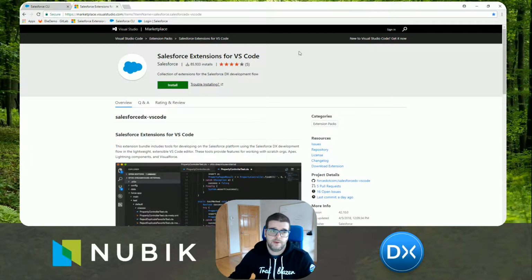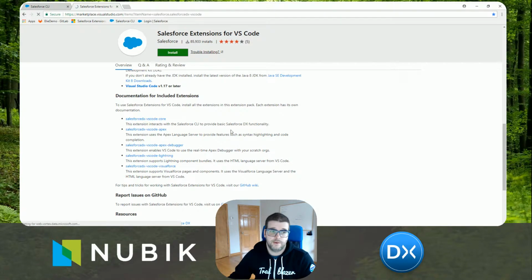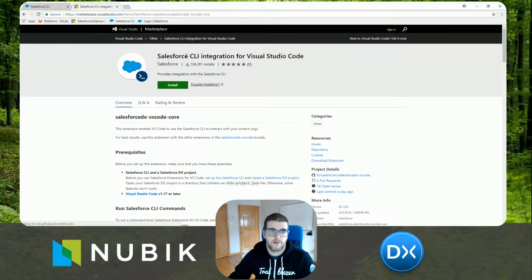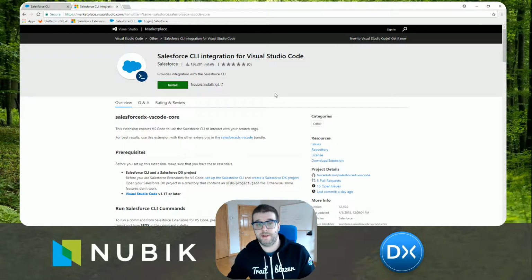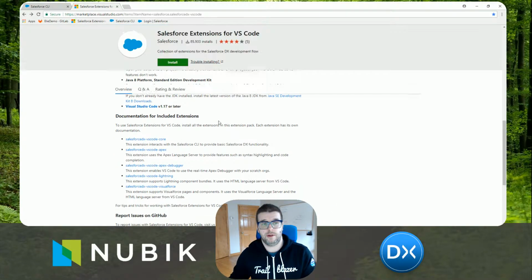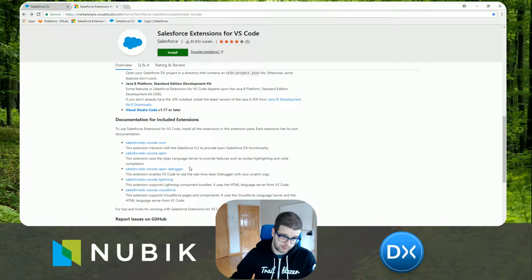Go for the Salesforce extension for Visual Studio Code, because there's also the Salesforce DX Visual Studio Code extension or Salesforce CLI integration for Visual Studio Code, but that just bundles the CLI. You really want the mother package, let's say, as it does include the color coding as well as code completion for Apex, Lightning, Visualforce, as well as the Apex debugger. So as soon as you've got those installed,